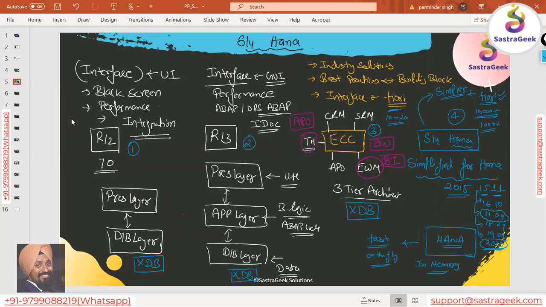But SAP doesn't call ECC a planning system, and doesn't call it a reporting system. As per SAP terminology, ECC is just a transaction system.